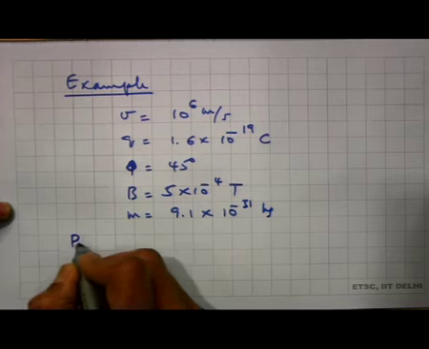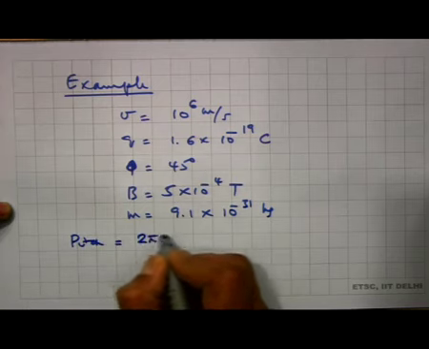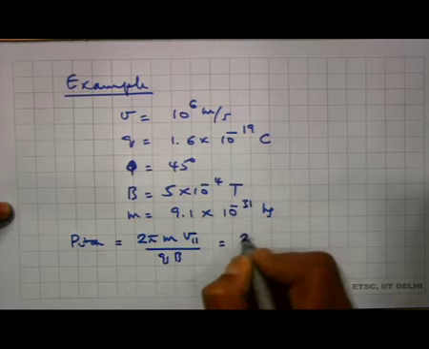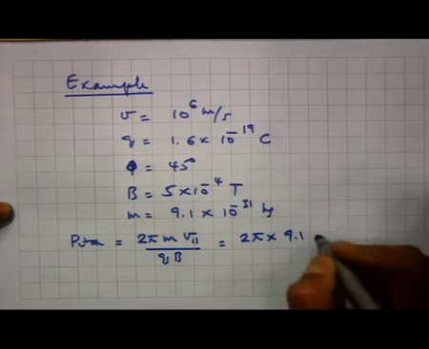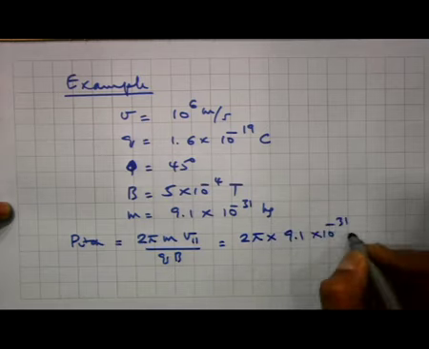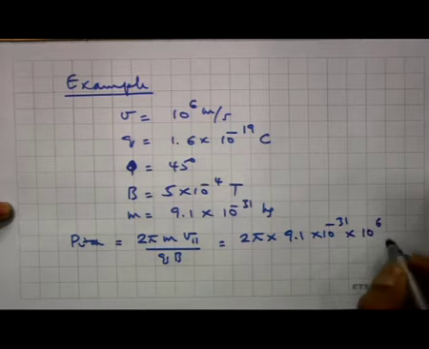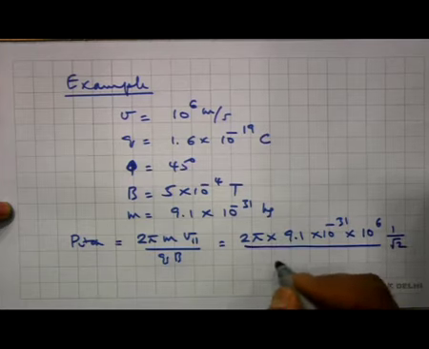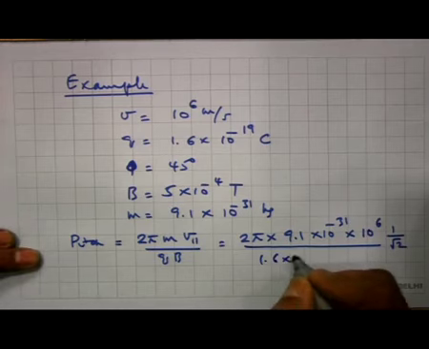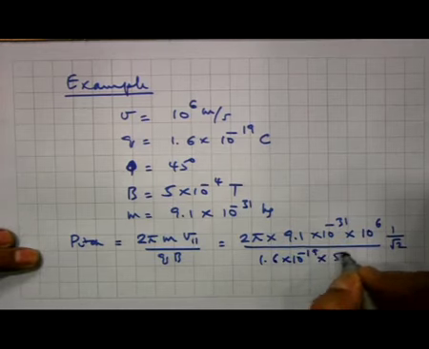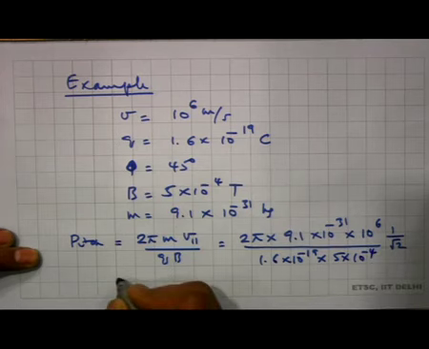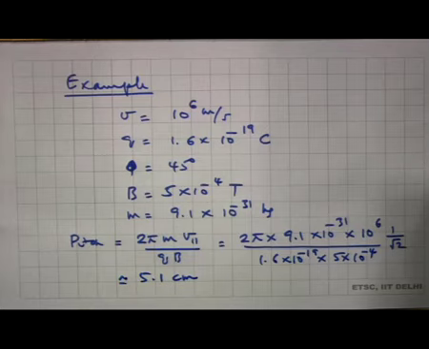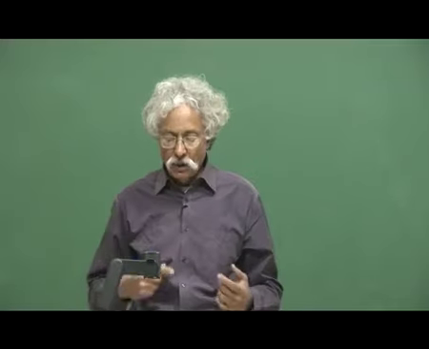So the pitch is equal to 2 pi m v parallel by q times b, which is equal to 2 pi into 9.1 times 10 to the minus 31 into 10 to the power 6 into cos phi, which is 1 by root 2, divided by 1.6 times 10 to the minus 19 into 5 times 10 to the minus 4, and that comes out to be about 5.1 centimeter. So that's the pitch, that is the distance moved along the direction of magnetic field in one circular